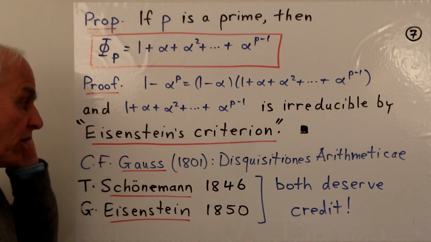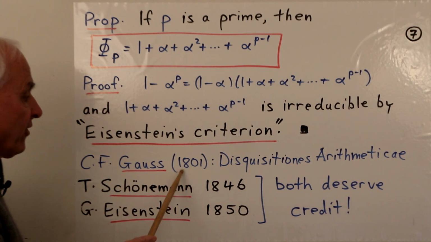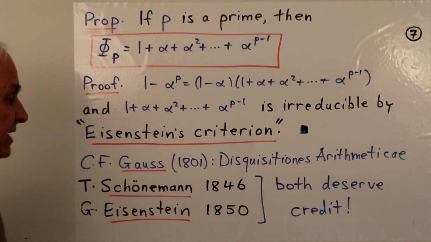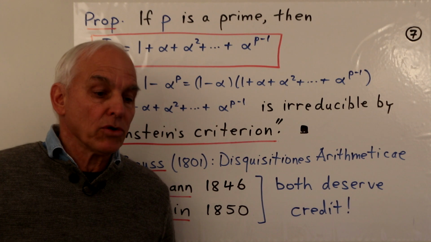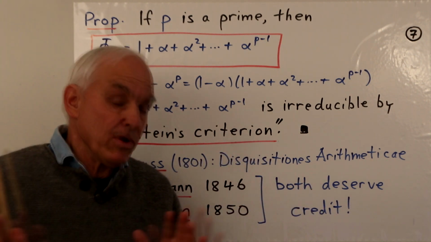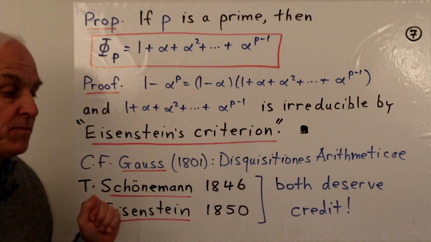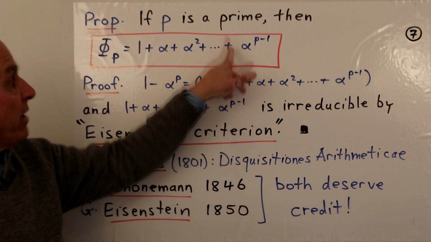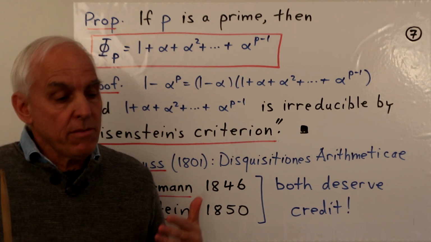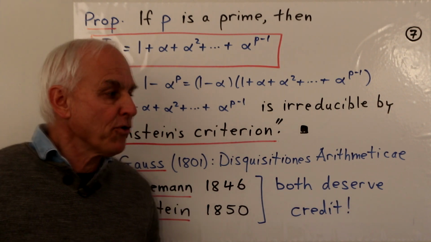Now, the history of this particular result really probably goes back to Gauss, in his landmark book Disquisitiones Arithmeticae, 1801, when he was only in his early 20s, published this monumental treatise in number theory, which really recast the entire subject. He actually had a very good look at these cyclotomic polynomials, exactly of this kind, when p is a prime, and he was able to prove that they were irreducible. But his argument was rather long and not so easy. So it's not an elementary thing to prove.